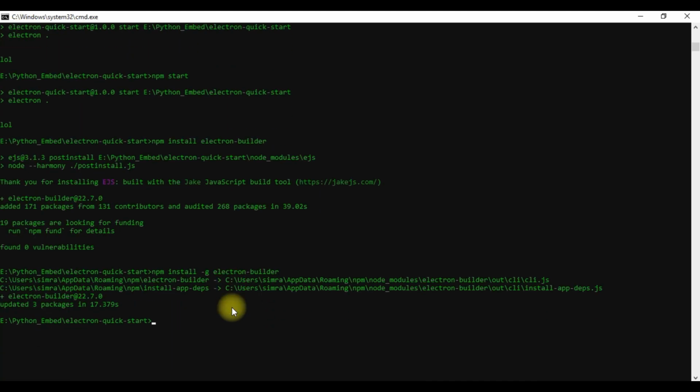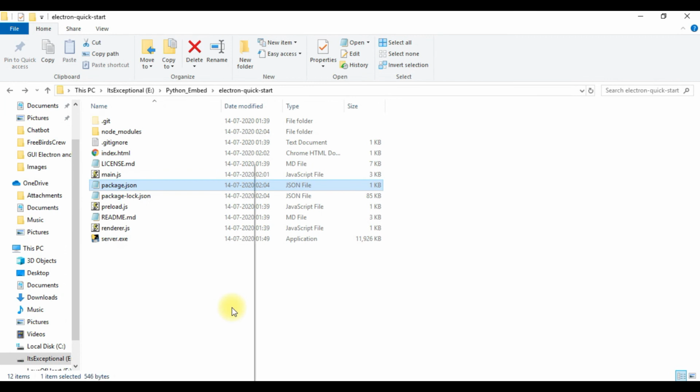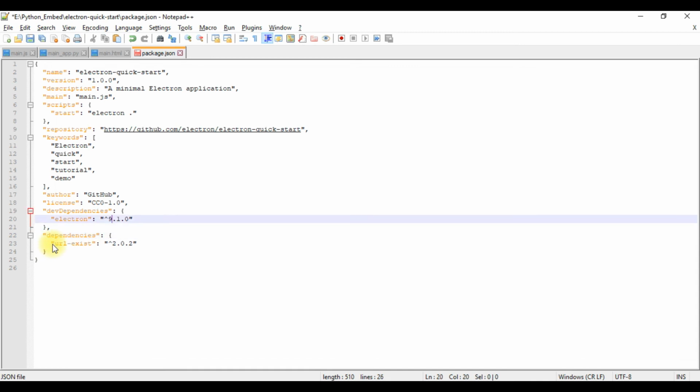So now build our application. We need to do a little thing because it has some dependencies, which need to be installed first in dev dependencies. I can add it here.